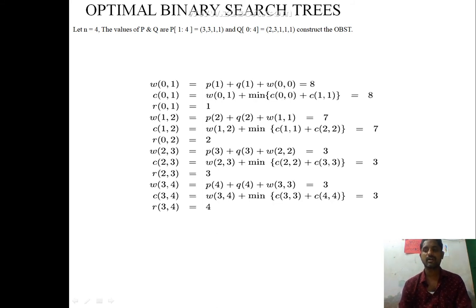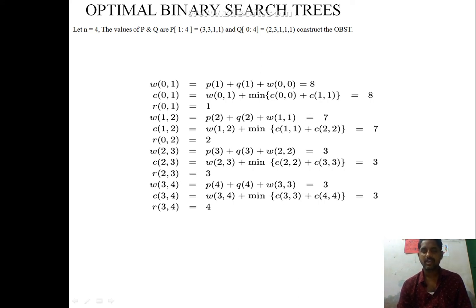Then the cost of the right subtree is the sum of P of i into level of a_i plus the sum of Q of i into level of E_i, for i greater than k. W of i comma j represents the sum of Q of i plus the sum from l equal to i plus 1 to j of Q of l plus P of l. Then the total expected cost becomes P of K plus cost of L plus cost of R plus W of 0 comma K minus 1. If T is optimal, then equation 4 must be the minimum. Let the cost of L equal C of 0 comma K minus 1, and the cost of R equal C of K comma n.